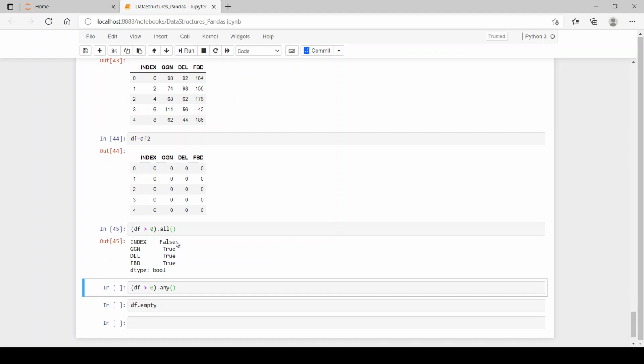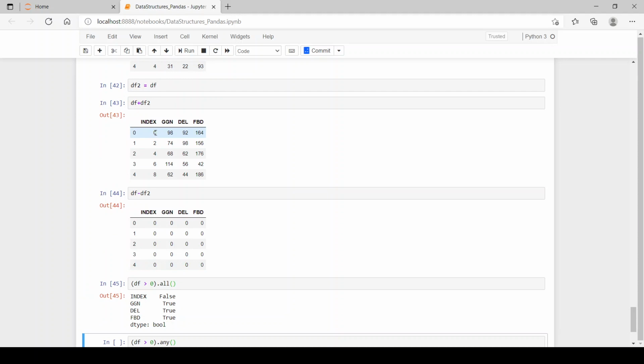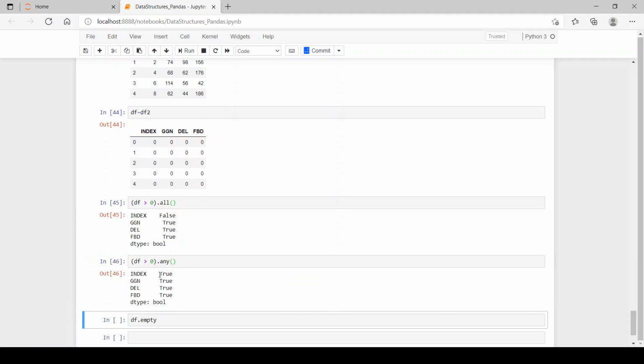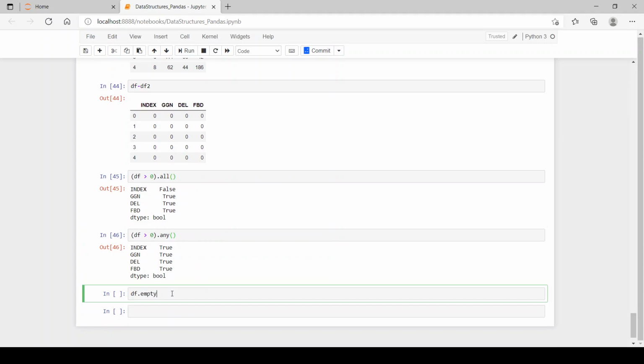But for index we have one value which is 0, therefore False. And .any checks whether any of the values in the column of the data frame is greater than 0. If any value is greater than 0, it returns True. Like here, index has 4 values greater than 0, therefore we have True.